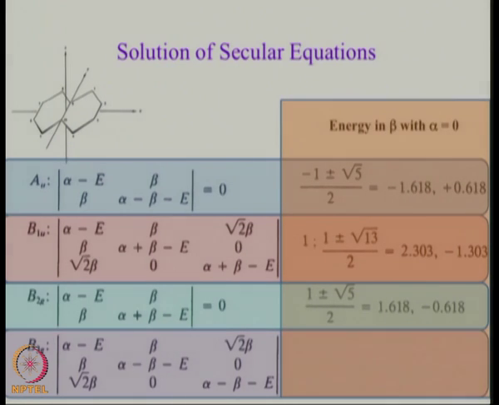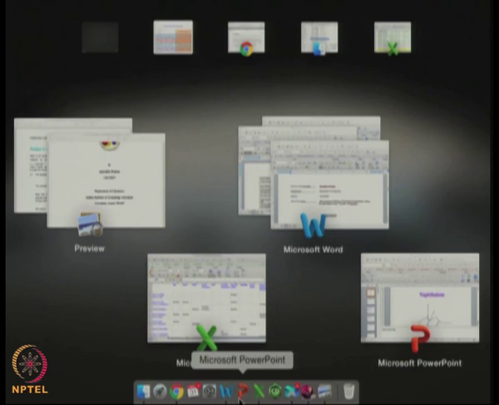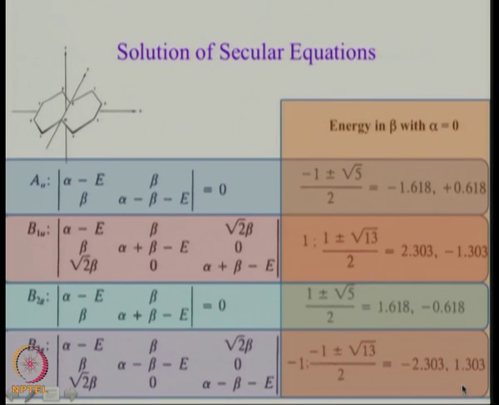So, if you look at just this AU, the bonding one is 0.618, anti-bonding one is 1.618, I am only talking about magnitude. But if you consider AU and B2G, then it is exactly balanced, isn't it? Energy balanced. So, finally, when we look at everything together, then you will get energy balance, but you will not get energy balance by looking at only one kind of symmetry by itself, it is not necessary. Finally, B3G, these are the answers, minus 1, minus 2.303 and 1.303.